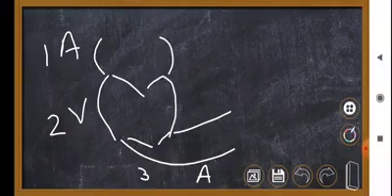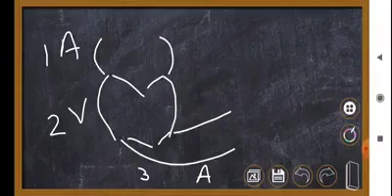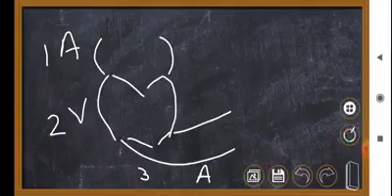Similarly, the aortic murmurs and pulmonic murmurs are the same as far as their mechanism and timing is concerned. So suppose this is a mitral valve